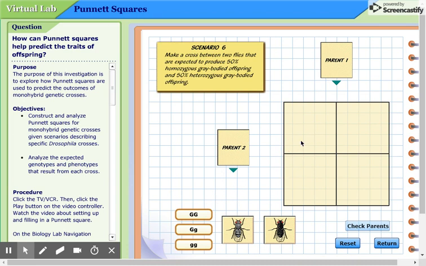Oh, do you see what happened there? I can't put the offspring in first. So I have to think through. So gray-bodied homozygous is big G, big G. So if I have a big G there, and a big G there, and a big G there, and I want to make heterozygous gray-bodied, that means that has to be a big G, little g,